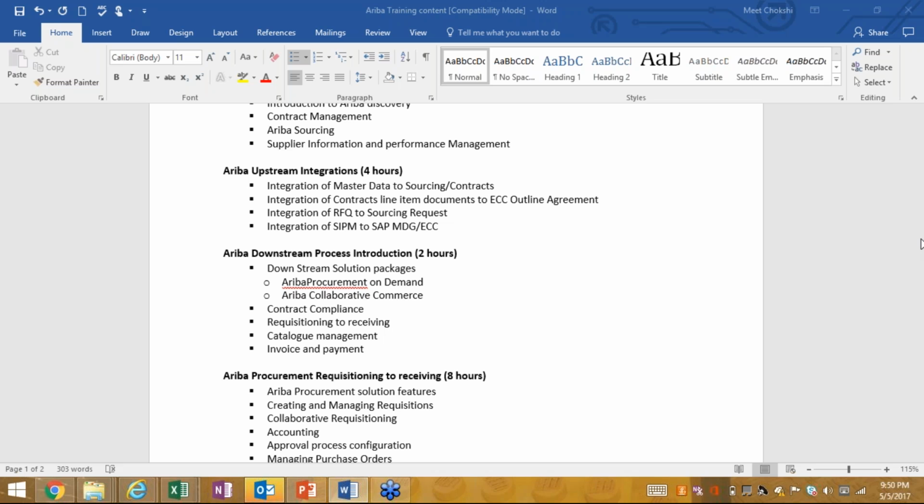Four. You don't include spend analysis? There's something called spend, and that's a part of the Ariba module. So where does that fit in the scheme of things?